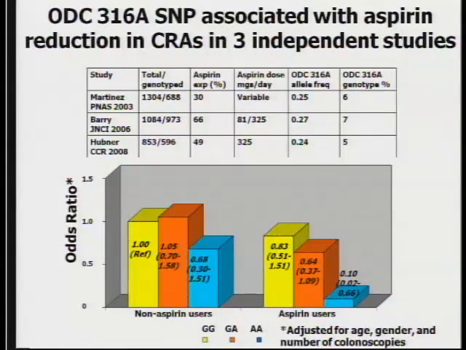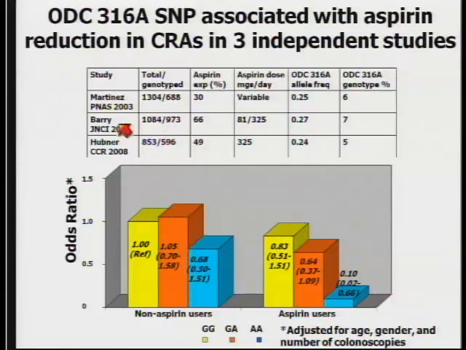Okay, thinking now about prediction of response to treatment. As part of our trial, the Elena Martinez trial in 2003, and that's referred to in this line up here, there are now 2 independent studies that have evaluated the frequency of this SNP in association with aspirin usage. In our trial, it actually was a trial for another cancer prevention intervention, wheat bran fiber.